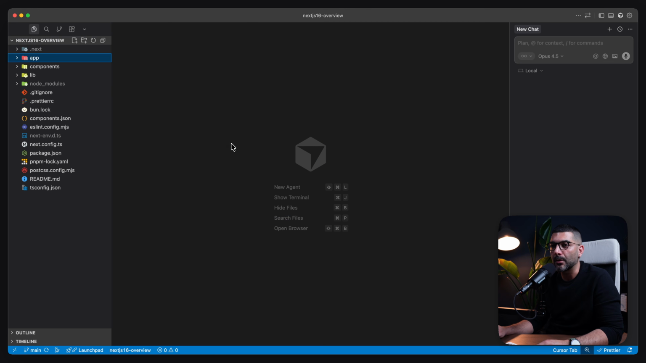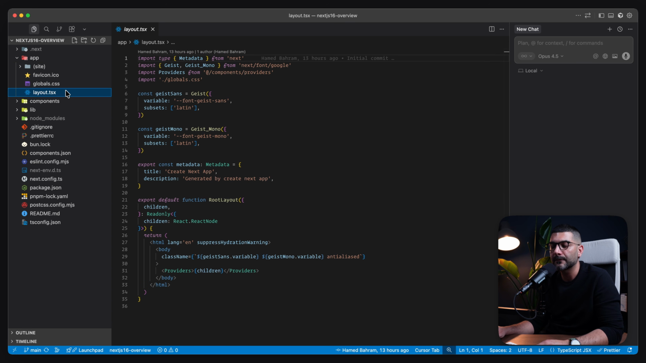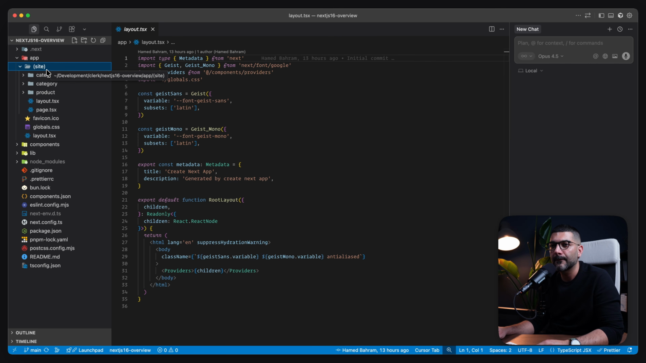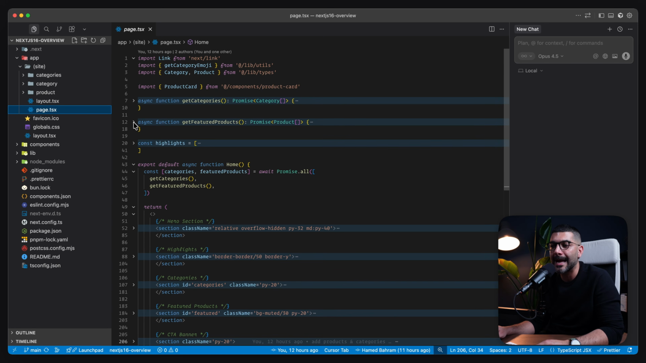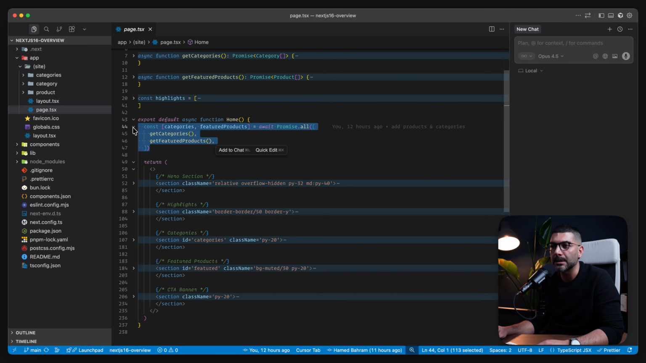Let's jump into our code editor and have a look at our project from a high level. We have this root layout where we are rendering our HTML and body tags. I'm wrapping everything inside of my site as a pattern to share different layouts for different pages of your application. So I have my homepage over here. On the homepage, I'm getting the categories and my feature products, as you can see here, and I'm rendering them